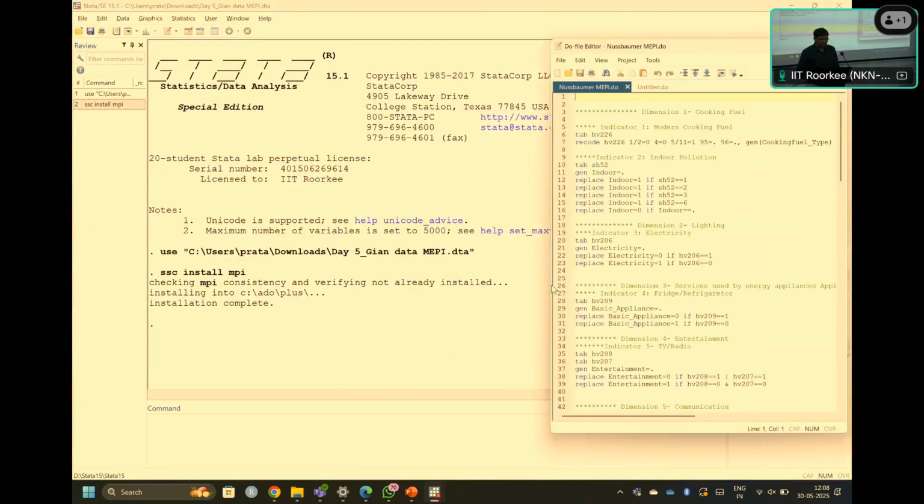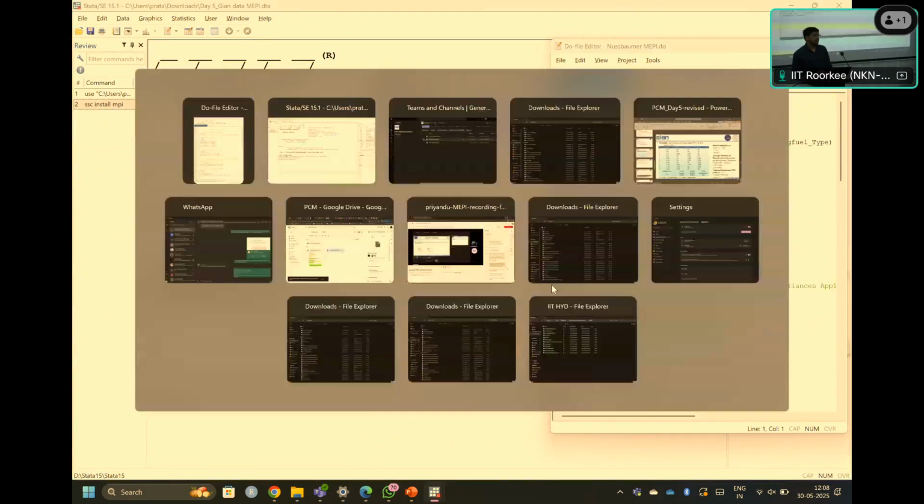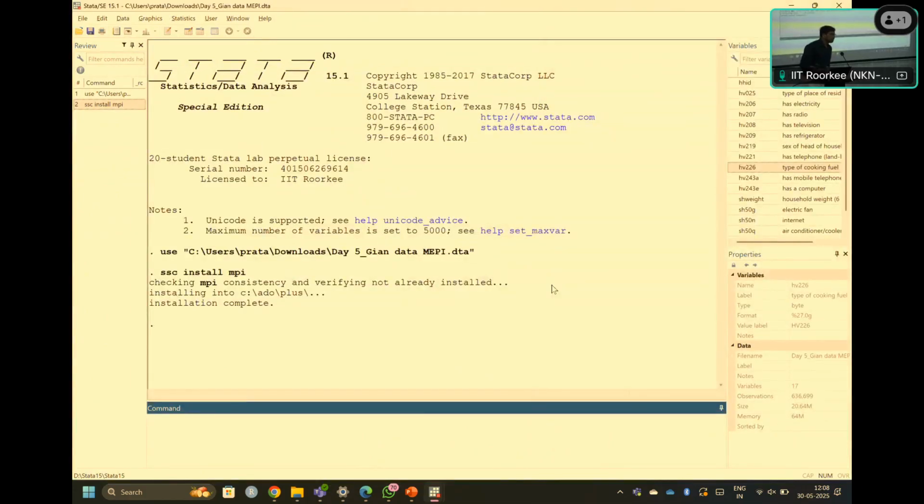I'll just check, and as we have repeatedly mentioned, to estimate the scores for understanding energy poverty using the Nussbaumer indicators or methodology, we first have to understand the nature of the variable. The nature of variables should not be of mixed kind. That's the first suggestion given. Either it should be in scale format or non-scale format.